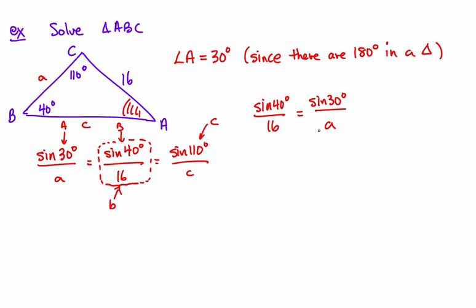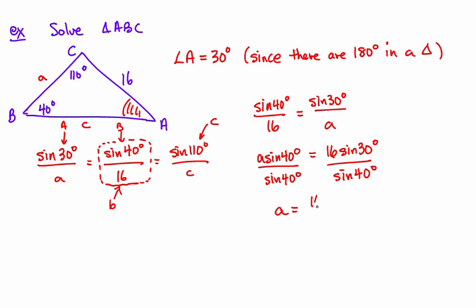I know one, but I don't know both parts to it. To solve this, I essentially multiply both by 16a, which results in cross multiplication. So I get a sine 40 degrees equals 16 times sine 30 degrees, and then I divide both sides by sine 40, and I have to calculate whatever 16 sine 30 degrees over sine 40 degrees is on my calculator, and I get 12.4. Please double check that you can type that in on the calculator and you get the same solution